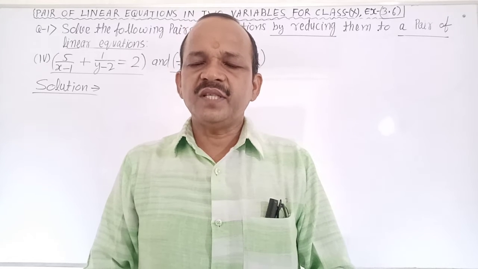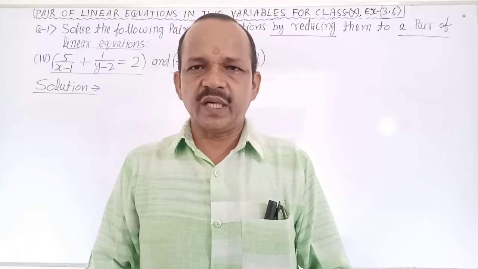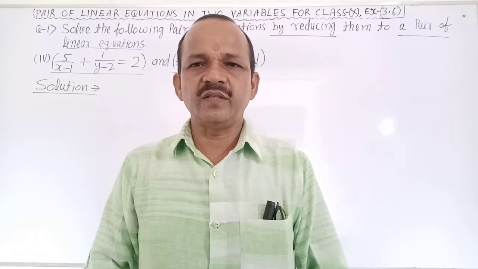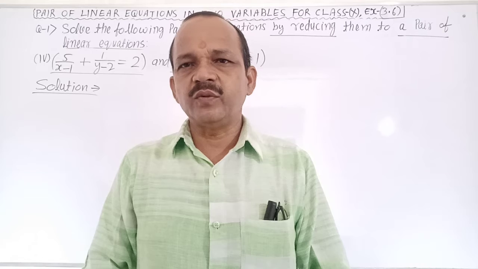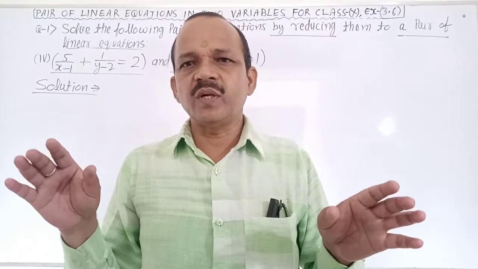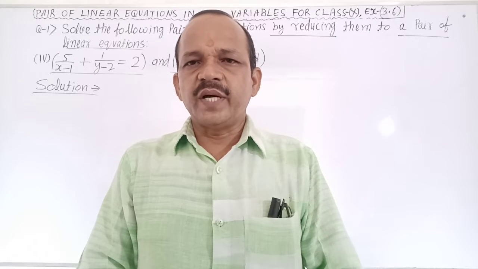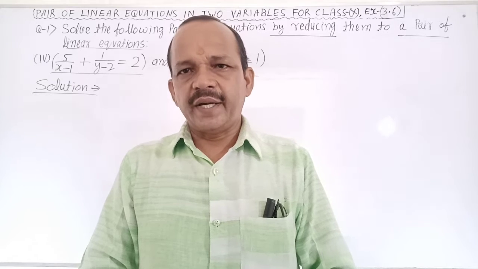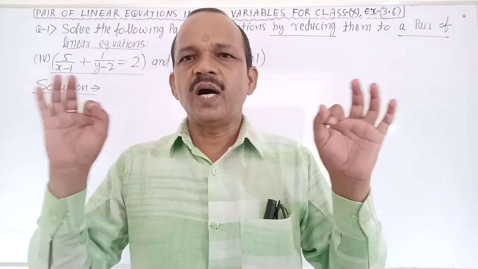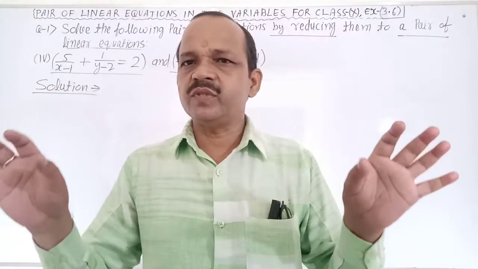Very good. Firstly I want to describe the form of a pair of linear equations in two variables, because you can ask me what is the form of a pair of linear equations in two variables. It is new for you, so you can ask questions very easily. a1x plus b1y plus c1 equal to 0 and a2x plus b2y plus c2 equal to 0. It is the form of a pair of linear equations in two variables. It is clear, no confusion about it.